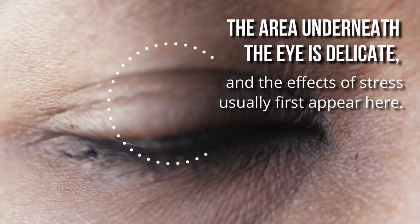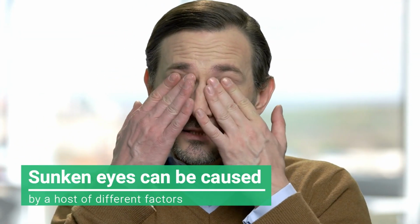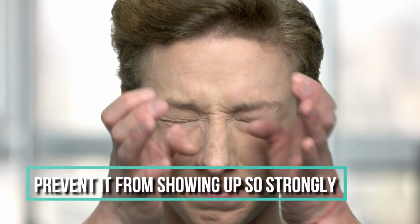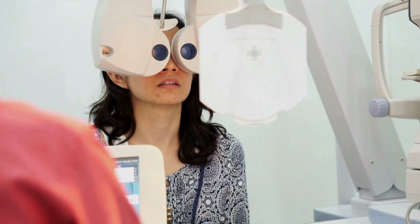The area underneath the eye is delicate, and the effects of stress usually first appear here. Sunken eyes can be caused by a host of different factors. But good news! You can nearly always reverse the issue, or at least prevent it from showing up so strongly. There's no need to resort to expensive cosmetic treatment either, as there are many natural ways to get rid of